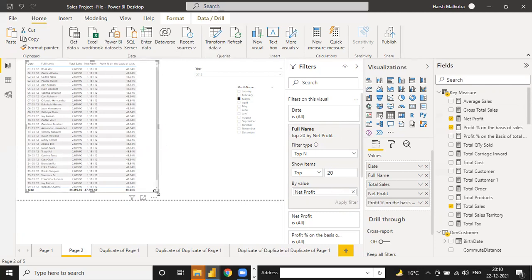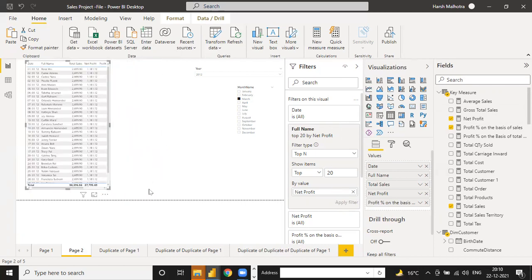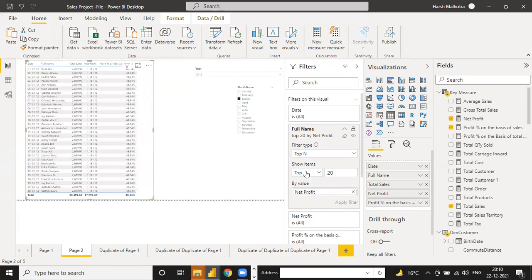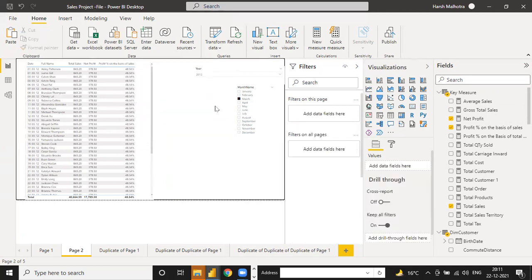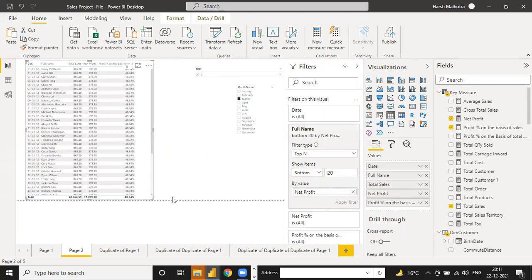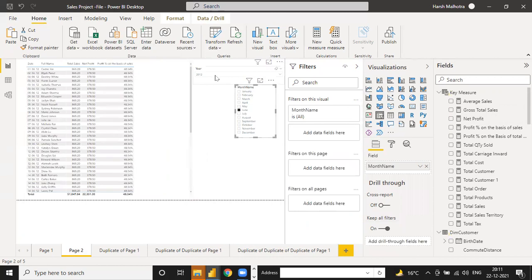Now in the same way this value will be changed for your top 20 customers. In the same way if you want bottom, click on this top and instead use bottom 20 and apply filter. This is for your bottom 20 wise. Okay, so month wise you can change your filter, and this is your tabular presentation for month wise, yearly wise, or quarterly wise.